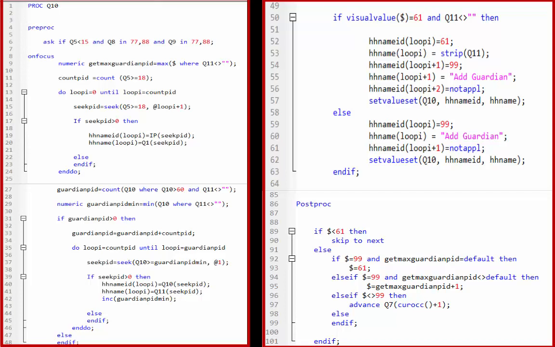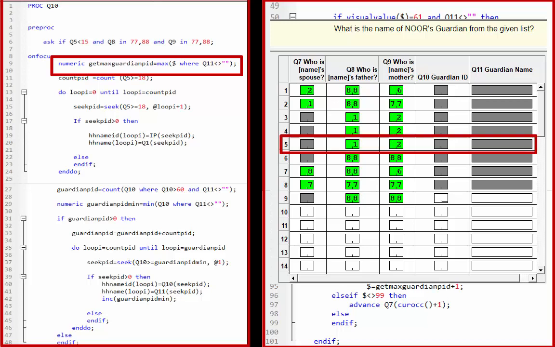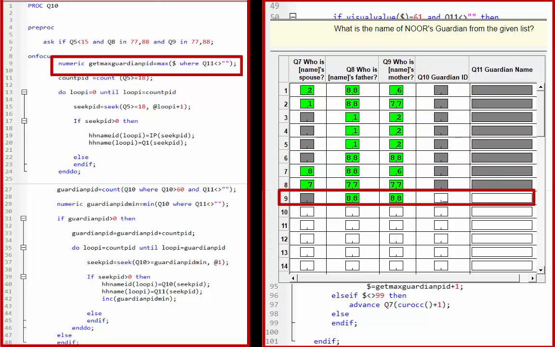executed. At this line, I am getting the max number from question 10, where question 11 is empty. The value will default in the dummy variable getMaxGuardianPid, because the max function finds the value in the first 8 occurrences. For example, if you are on the 5th occurrence, the max function finds the max value in the first occurrences. Occurrence number 9 will not be included in this max function whether the Q9 on occurrence number 9 is empty